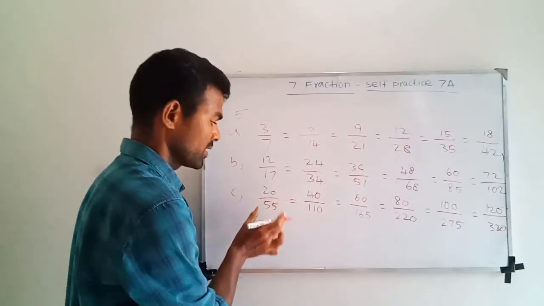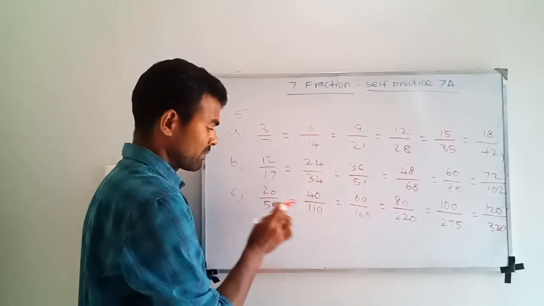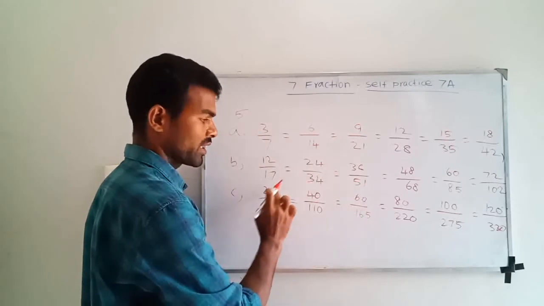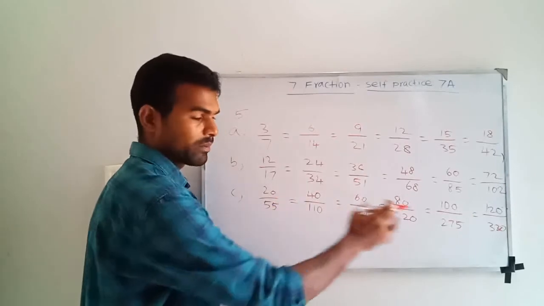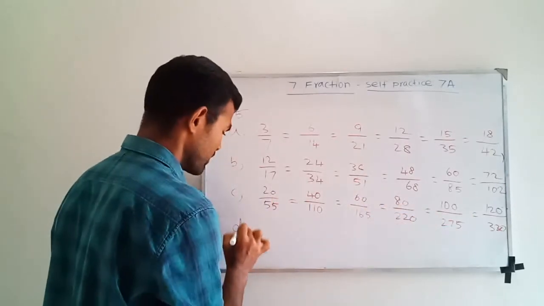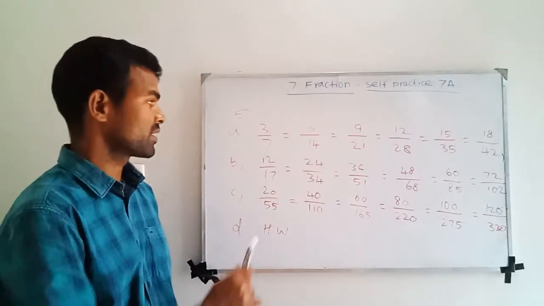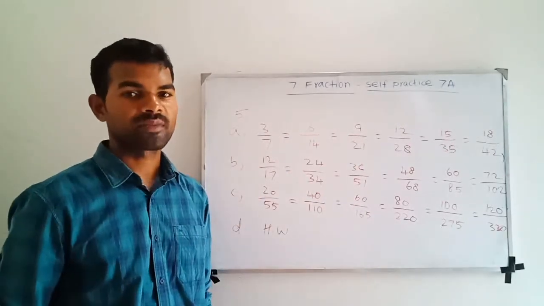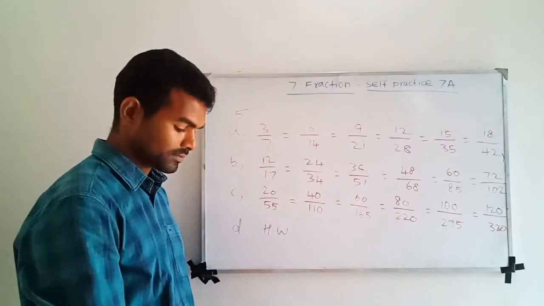Here you are seeing the 55 table. Multiply with 2, you are getting this. Multiply with 3, this number is coming. 55 times 3, this number. 20 times 3, this. 20 times 4, this, and 55 times 4, this. Same number, okay? 20 table and 55 table. And the question you can do like this, follow it. Just the same method. Just follow the table like that only. Multiply by the same number, so we are getting the equivalent fraction.